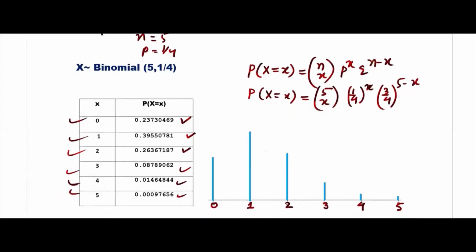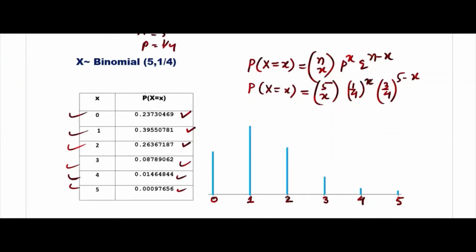Okay, and after finding that, remember we had a graph, 0 probability, see this one, 1 probability, this one. So the shape will not always be like this. In this example, it's increasing, then it's decreasing. Sometimes it will be symmetrical. We'll not worry about those now. I'll just write here the probabilities. These are very big, I don't want to write them, but remember this is approximately 0.24, 0.237, this one, and this one, if you see, it's 0.395, approximately 0.4. This is the highest probability.